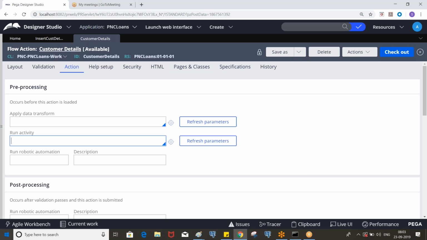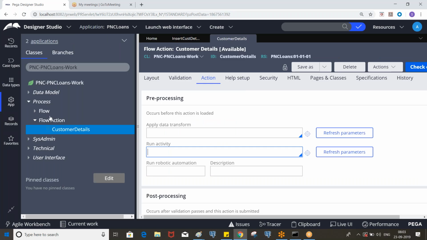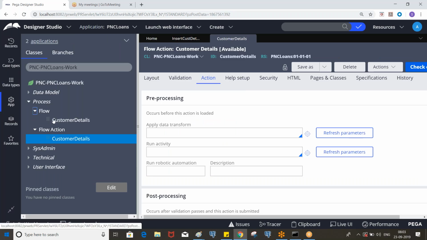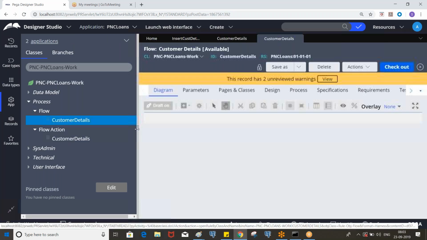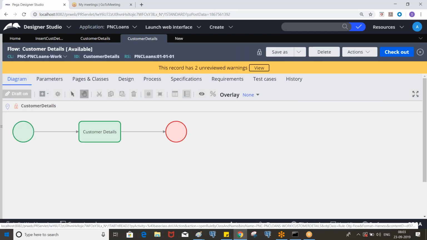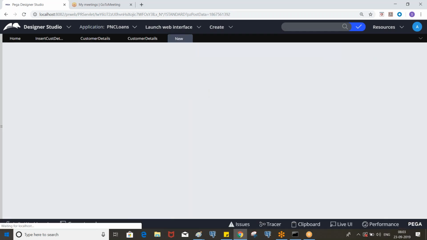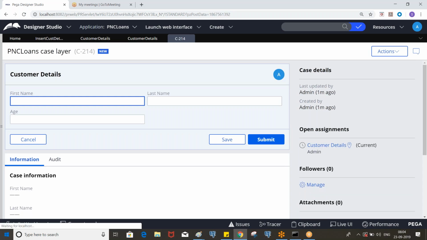Then that rule will be executed at the time of opening the screen, so by the time you see the user interface, the activity is already executed.